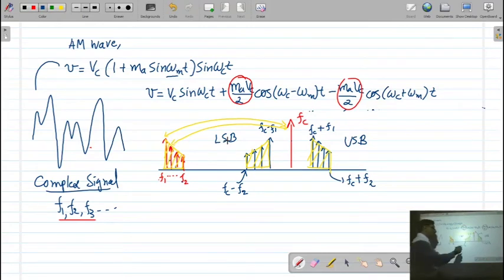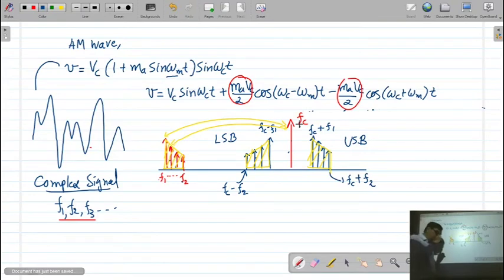Remember, here the carrier wave doesn't have any information. So what is the significance of the sideband? What is the importance of the sideband? The sideband is carrying the information. The carrier wave is not carrying the information. That's why if the number of sidebands is more in a modulated wave, then more and more information is going to be transmitted through this modulated wave.